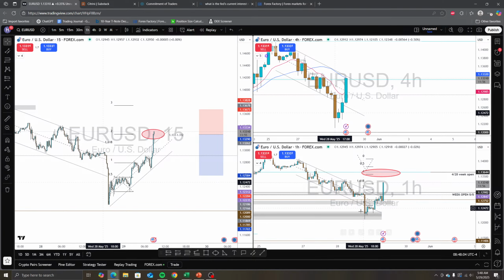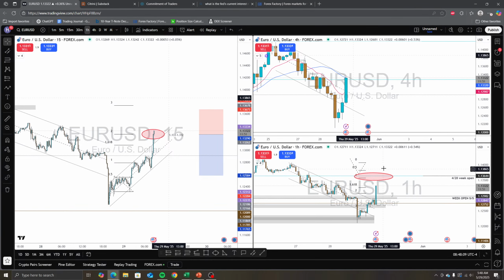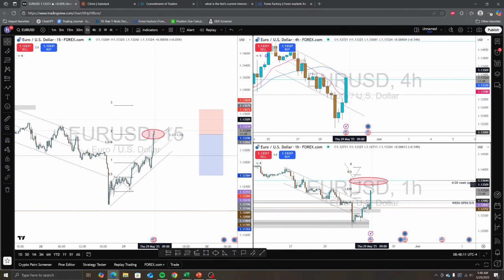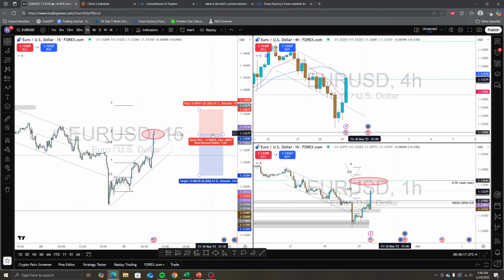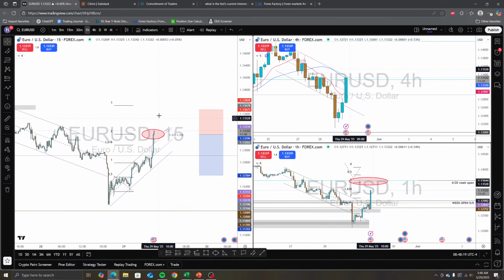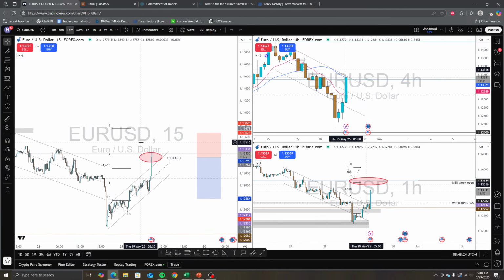I'm looking for shorts. So if it came down here, I wouldn't really short because it's already down. But if it comes up to this level, then this would be a perfect short. But this level would also mean that it would have to break through this channel, which will pick up volume, and that also means that it would have to go up all the way up here. So, hey, maybe my circle is wrong. That's another option.